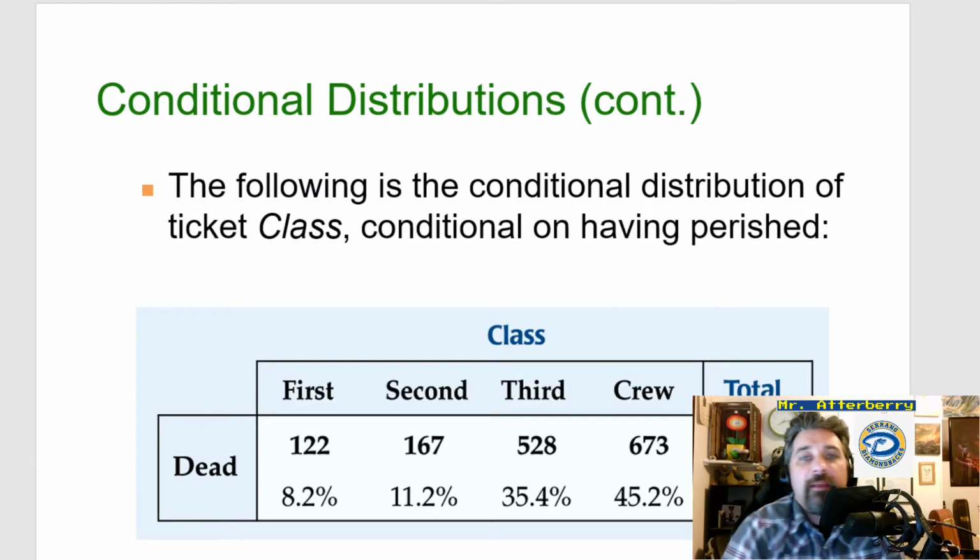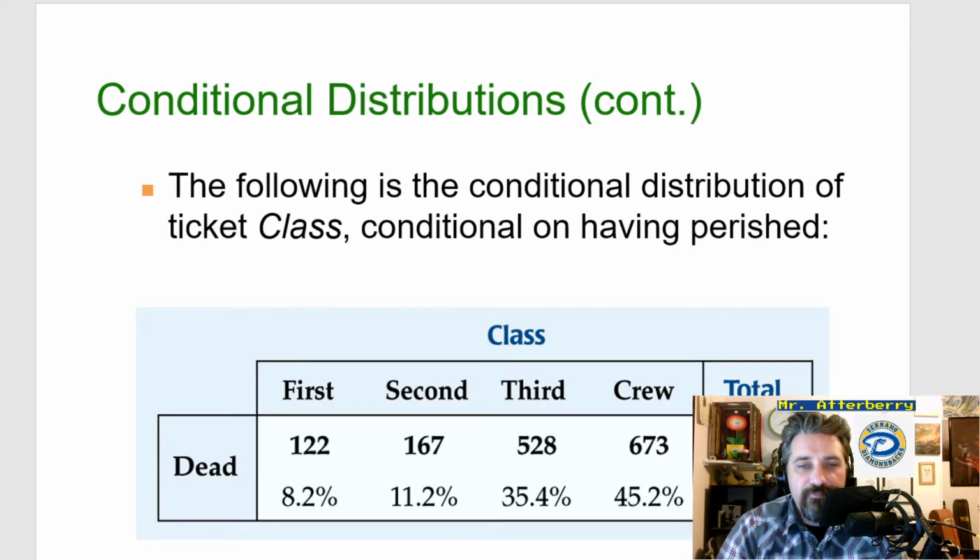But knowing what we know from that data set, if you took a look at it a minute ago, we could also switch it up to the condition that they had perished. They did not survive the shipwreck. So same kind of thing, right? You had 1,490 that had died from the wreck. So out of 100% of people that died, 8.2% were first, 11.2% were second, 35.4% were third, and 45.2% that had passed away from the accident were crew